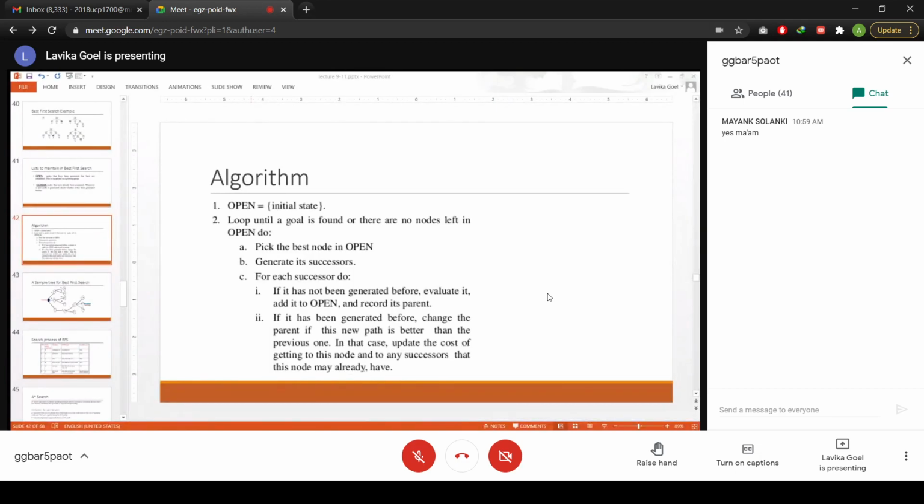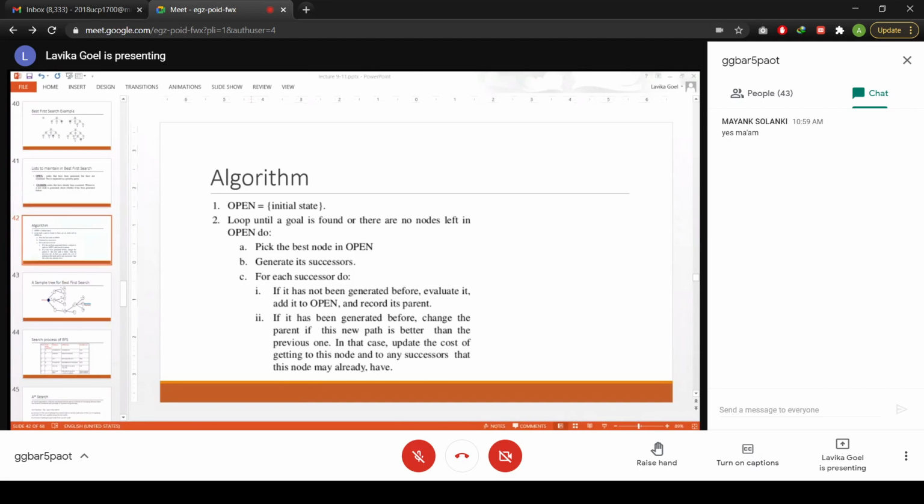And there is another list which is called the closed list. The closed list is basically used for maintaining those nodes which are both generated as well as expanded. Generated and expanded means their children have also been generated, or you can say their successors have also been generated. So, as I was telling you yesterday, the open list is basically used for selecting the best node from the successors. And what is the use of the closed list?